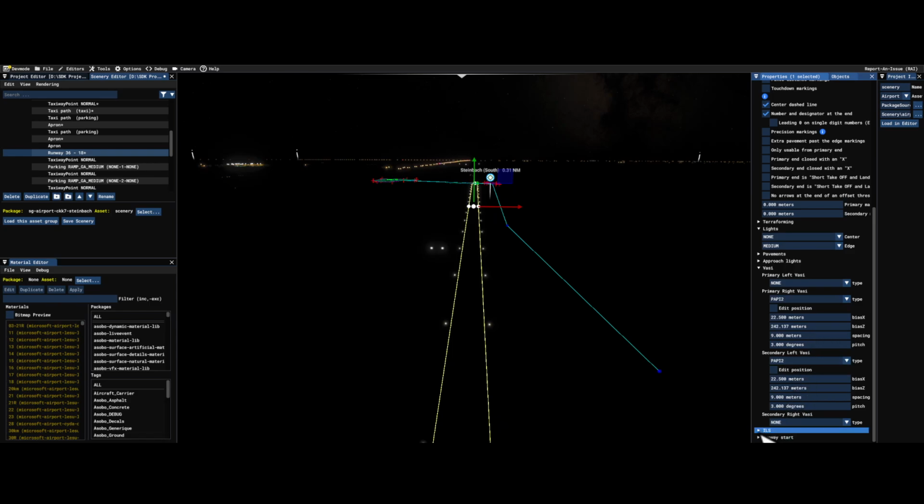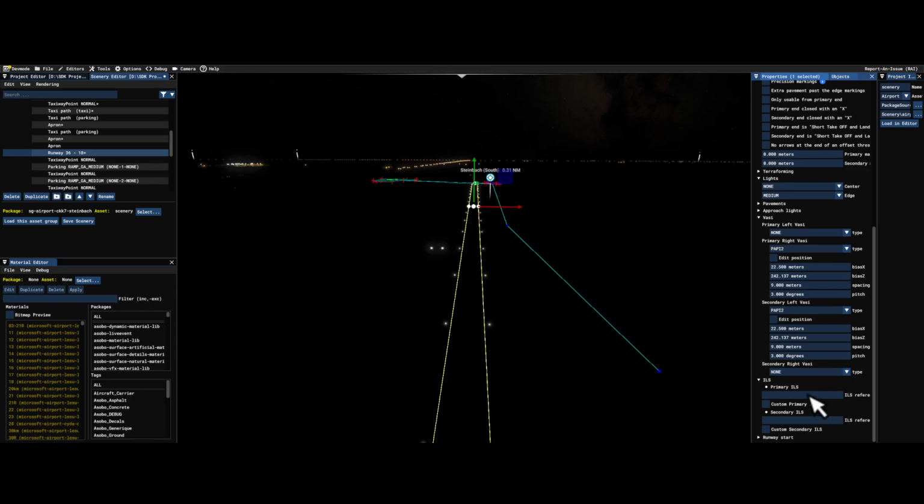Likewise, I won't get into this much, but there is this thing called the ILS. If this were to have an ILS, you could actually program the ILS. Now, I will say that previous iterations of ILS programming within the SDK have been somewhat hit and miss for me. The last time I did one in 2020, it worked out quite well. We used to have to go into the